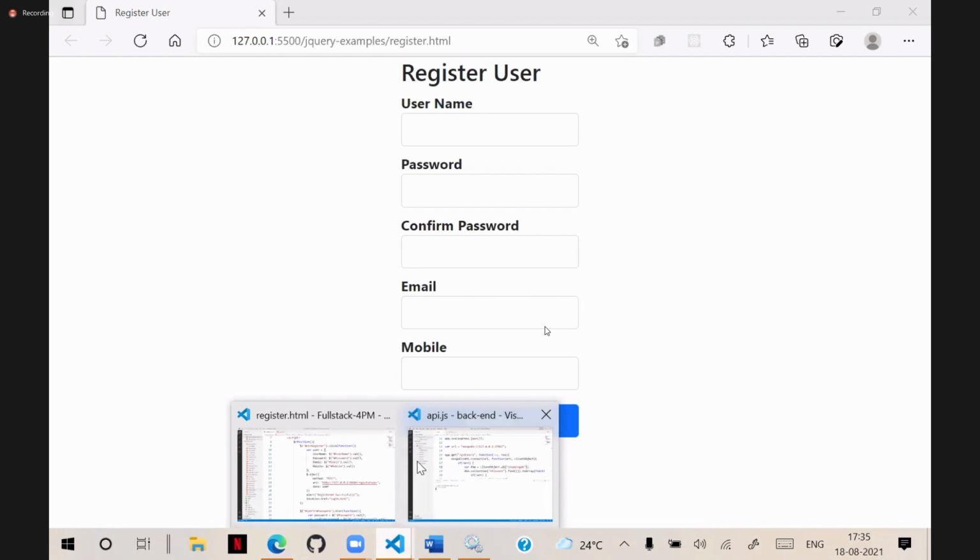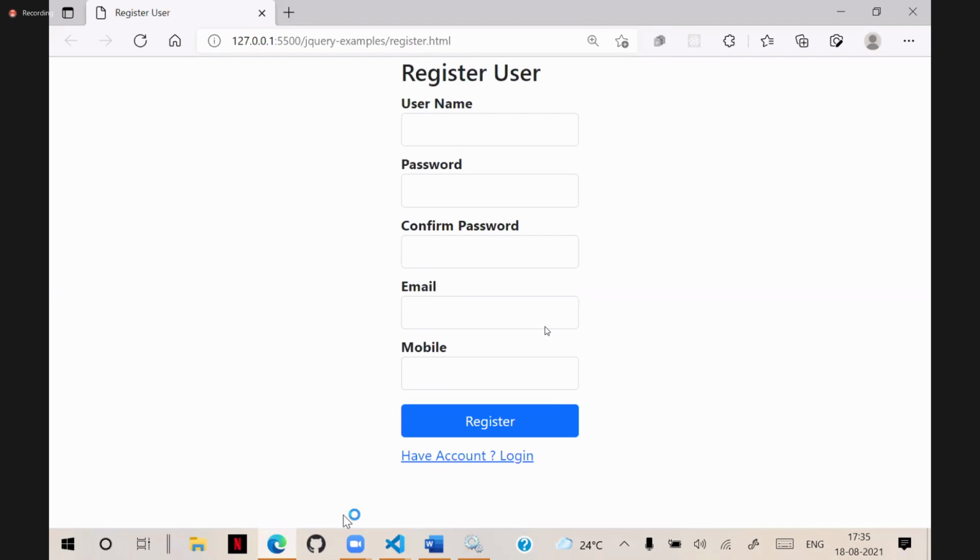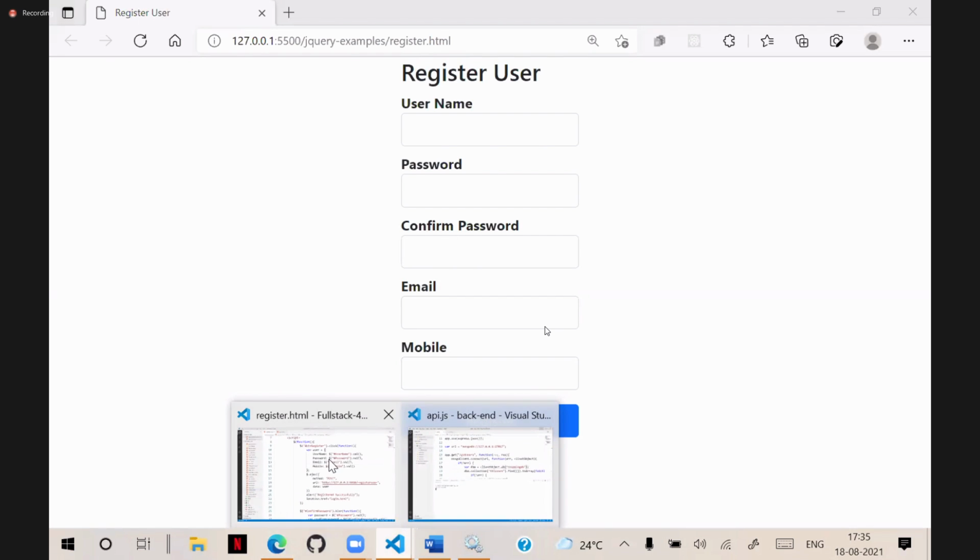So let's go into the design. First, when the user clicks the register button, it should verify the details. And if any field is mandatory, we need to ask them to enter all the fields.